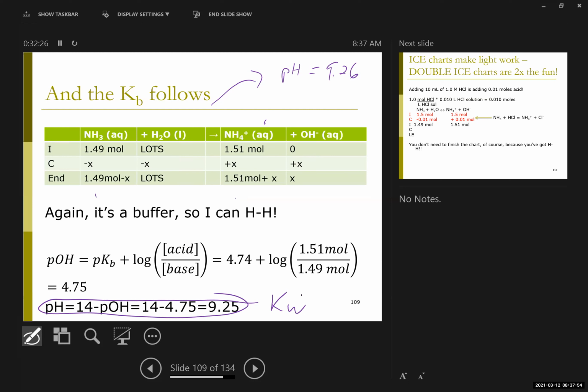If I did that exact same thing to unbuffered ammonia, right? Instead of adding 10 milliliters of 1 molar HCl to the buffer, I'm going to add exactly the same amount of HCl to exactly the same amount of ammonia without the ammonium, right? And just for reference, if I have just plain ammonia, my starting pH would be 11.72. Right, so this is just ammonia, no HCl. Right, if I then add a little HCl,